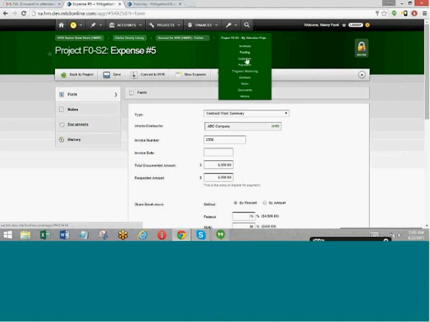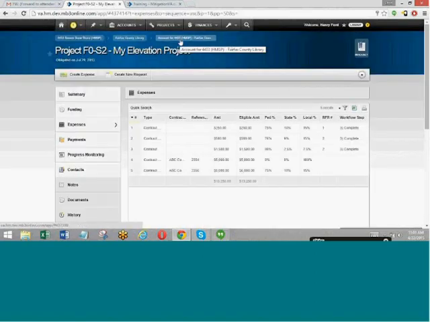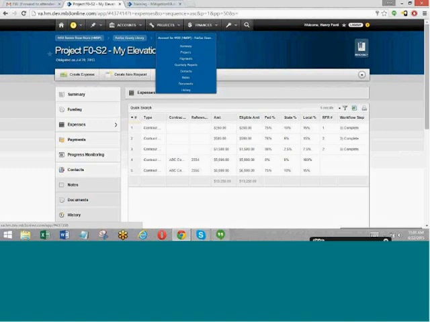I can hover over the breadcrumb for the project and then click on the expenses link, and that will navigate directly to the expenses tab on the project, as you can see. If I were to do the same for the account, I can hover over it and go directly to the payments listing for that account, for example, by just clicking on that.